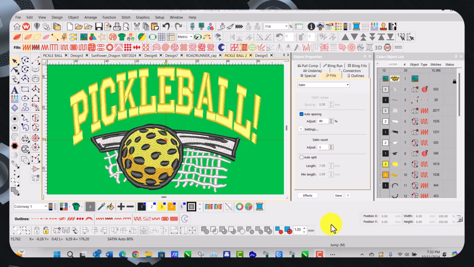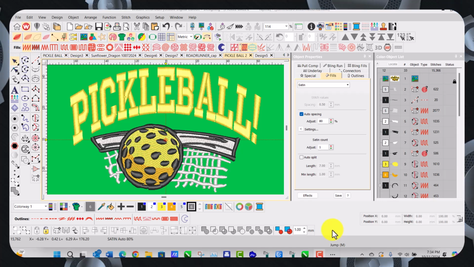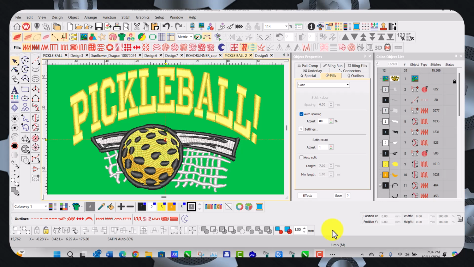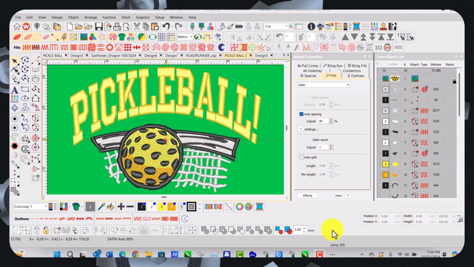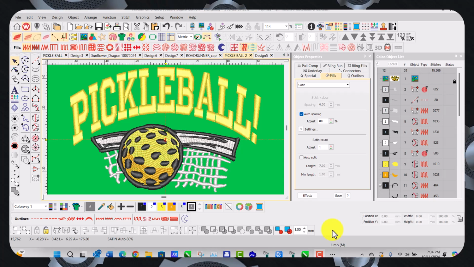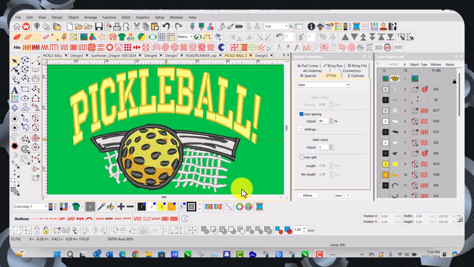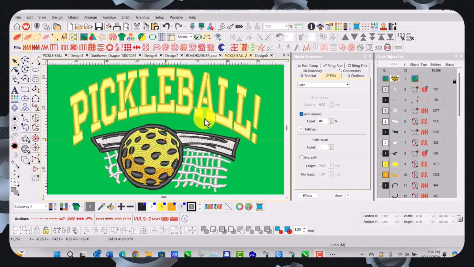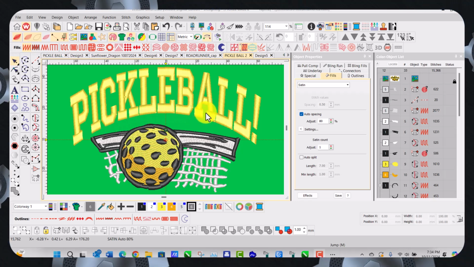My name is James Timmons, and today I'm going to show you how to add a border to your existing embroidery design inside the Wilcom Embroidery Studio Digital Edition. This also works in previous versions of Wilcom as well. We have our design here on the screen. We have almost completed our design here, and I just want to add some border here to the pickleball up